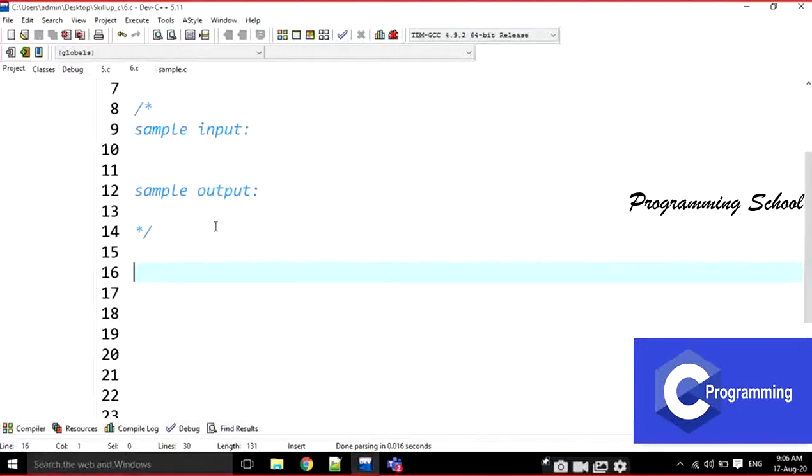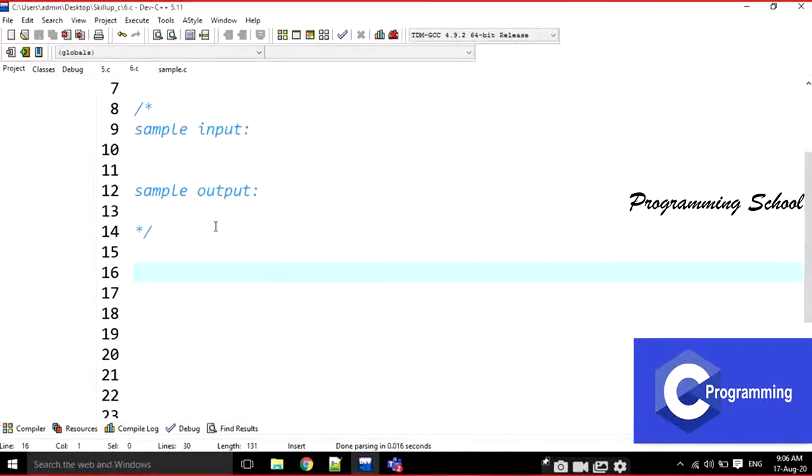Then relational operators: less than, greater than, less than or equal to, greater than or equal to, equal to, and not equal to.